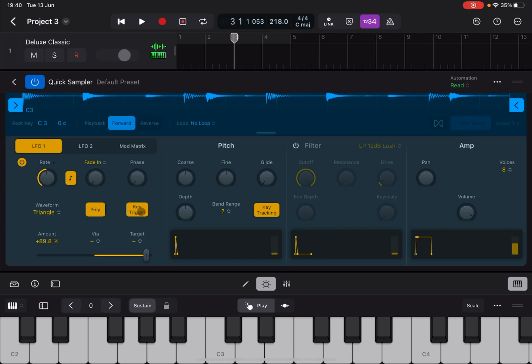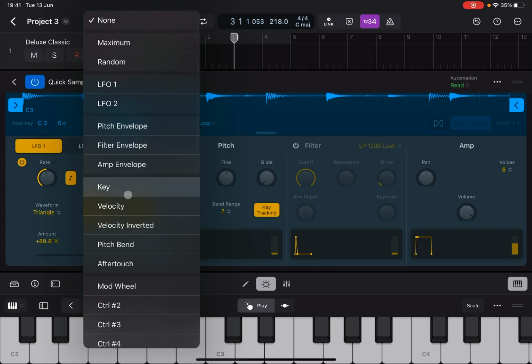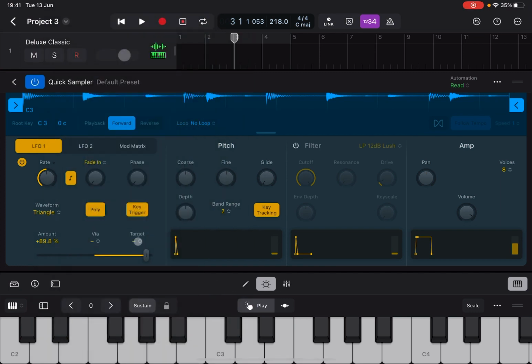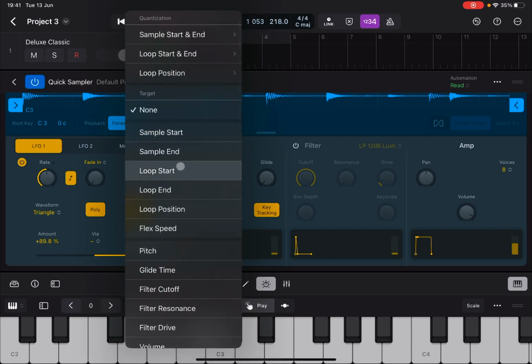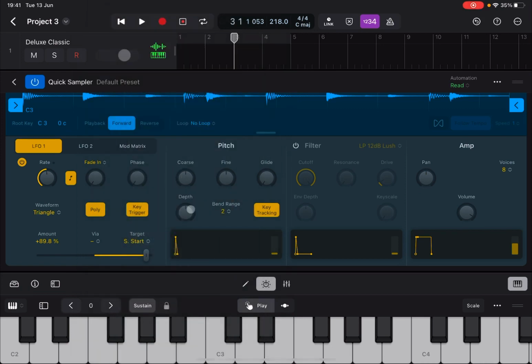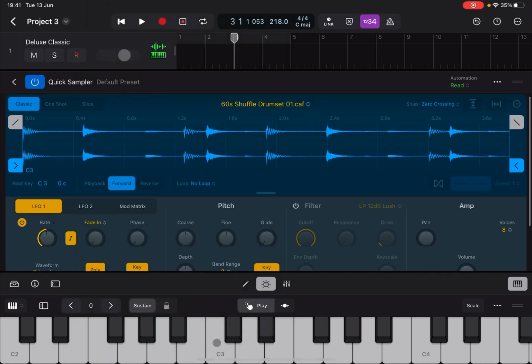And then, of course, you can have key triggering, so that the LFO responds to key trigger. Additionally, you can decide to have a further modulation on the amount by another target, and of course here you can choose the final target for your LFO. So again, sample start, and now